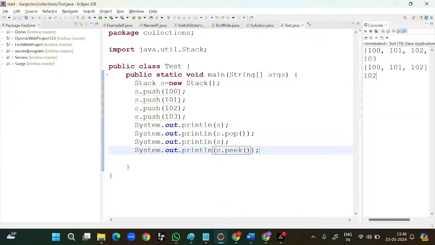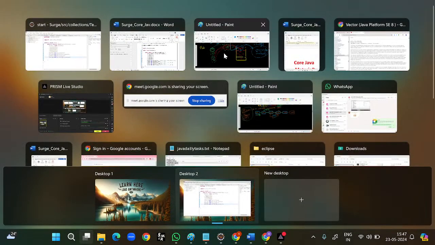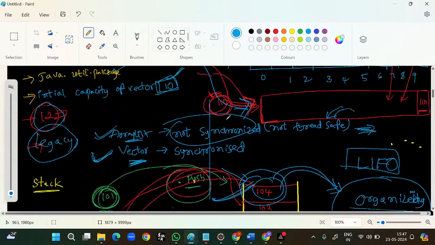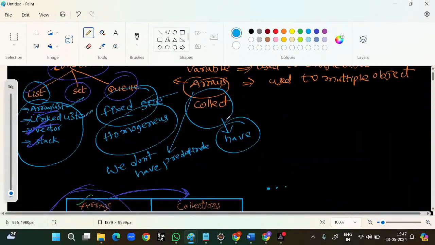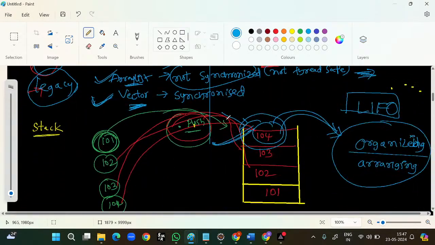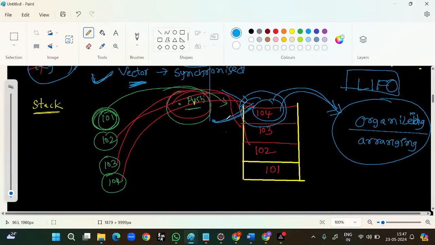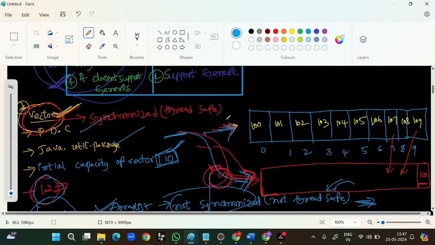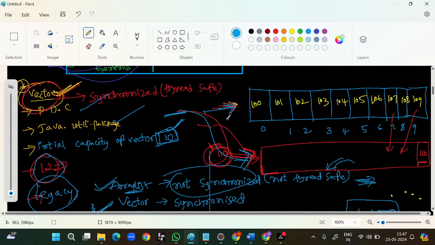Running the Java file. In this container, this is the highest value, so it is returning the highest value. So these are two data structures available under the list. Okay, clear everyone? The only thing is we need to remember how the data is stored, how the data is